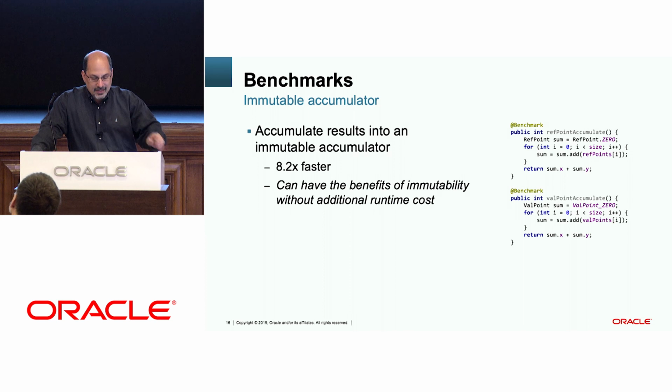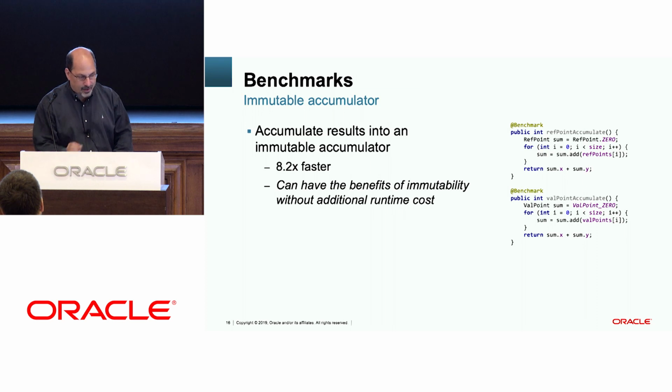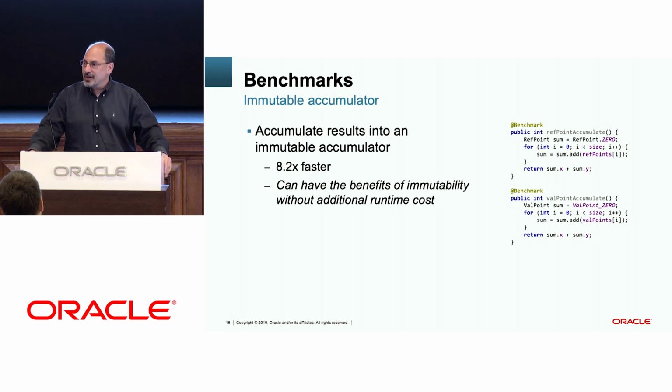And similarly, I did another version of the same thing where I used an immutable accumulator object, and obviously with a value version of that, you're not going to see any allocation, and you're going to get good scalarization. And again, I got like an 8x improvement there. So I can't conclude very much from this other than there's reason for optimism, and it kind of validates